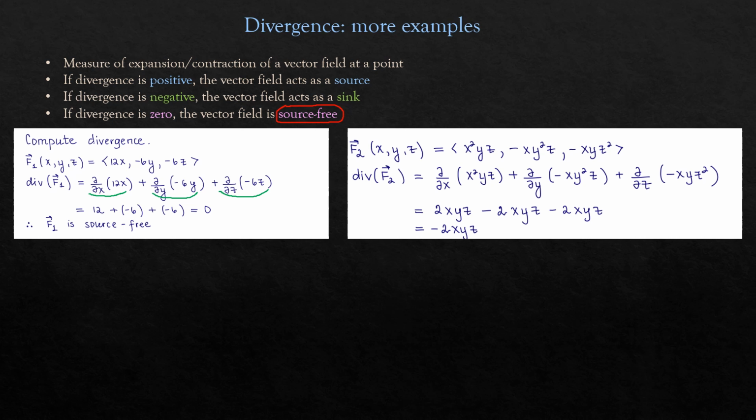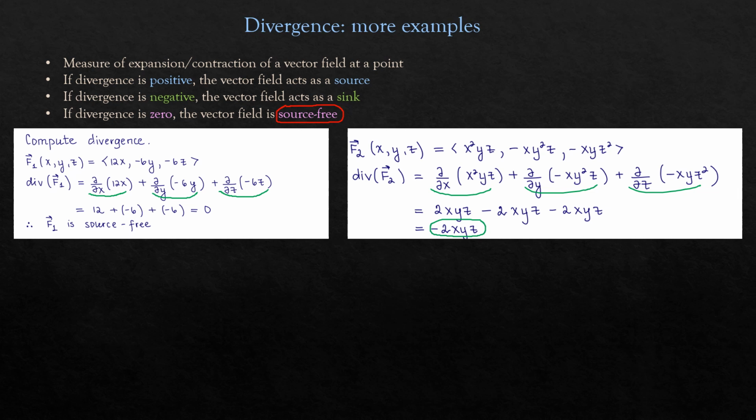Here is another vector field in R3 with components x squared yz, negative xy squared z, negative xyz squared. Okay, so similarly, we compute the partials. Okay, here they are. We add them up, and in this case, we get a function that is not a constant function. It is not 0, negative